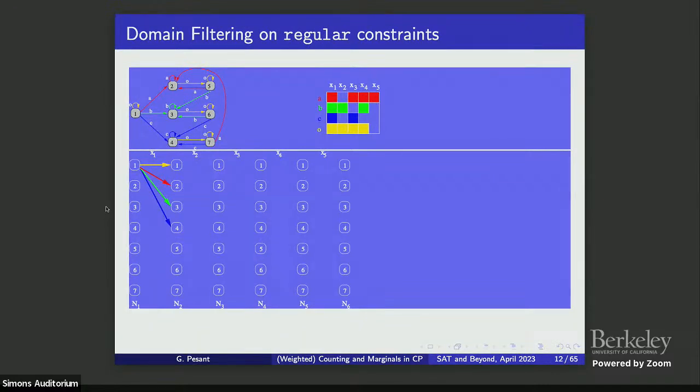It works as follows. You start with the automaton here, and you build this DAG. So you've got layers of nodes here in your DAG. The number of layers depends on the number of variables, really. So you've got a variable identified with the transition from one layer to the next for every variable. And here are the states of your automaton. And this is, say, the domain of the variable. So X1 can take value red, green, yellow, and so forth. You're unfolding the automaton over the domain, over the sequence of variables.